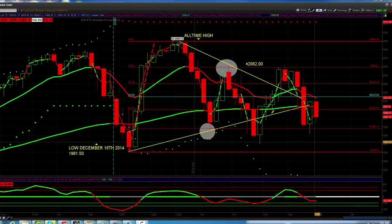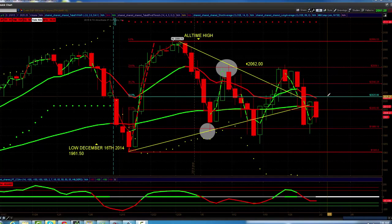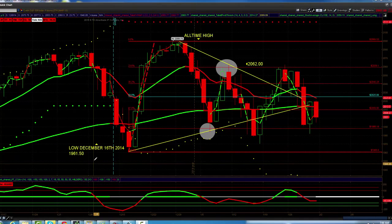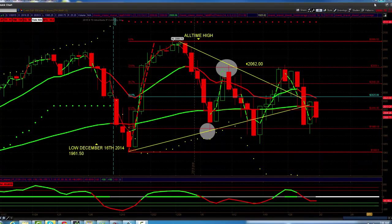Okay, that was another rally, another short covering rally into a number yesterday. We didn't close and get above this in the post market. So I think the market's headed to 1961 and a half. We have a down bias again today. And when you take a look at the overnight action,